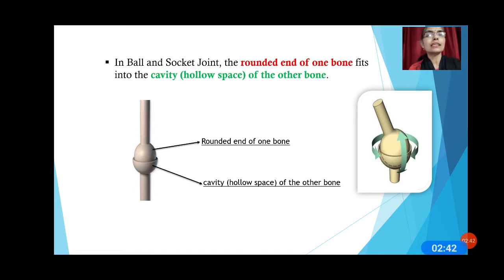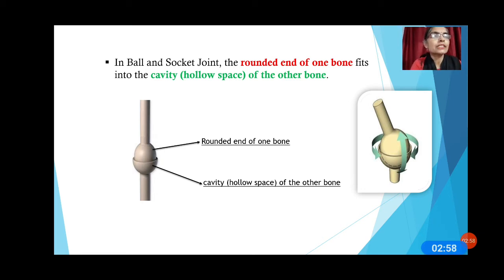Here you can see in this picture, the upper bone is like the rounded end of one bone and the downside bone is the cavity or hollow space of the other bone. So these are fitted to each other.